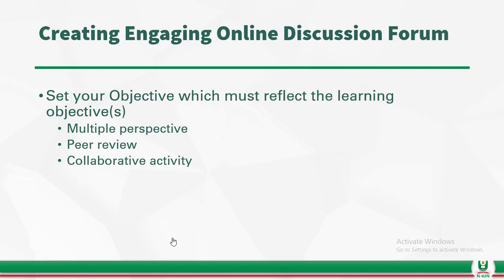So when you are coming up with the objective, there must be a direction, there must be a reason, there must be a goal that you want to achieve for that discussion forum. And you can come up with this, which might act as a guide. You might decide to say, okay, for my discussion forum, I want to make it multiple perspective, which means make your post, let as many people that wish look at it and respond to it. If that is the purpose, fine.